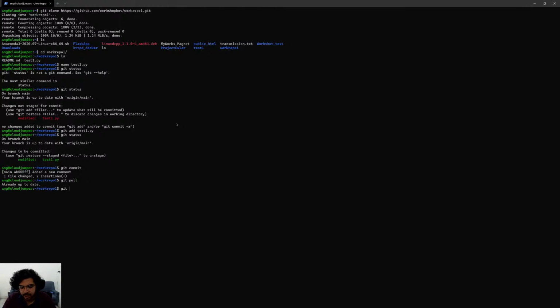Great. Git push. It asks for a username, so I'll use my username, Akash Gupta, and then my password. My password is not correct.